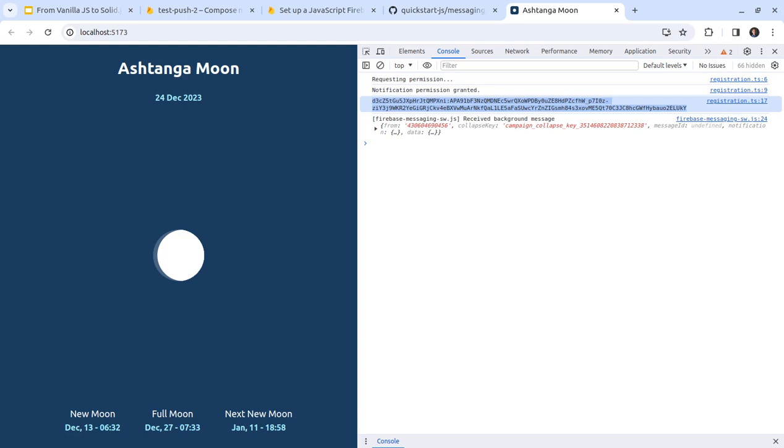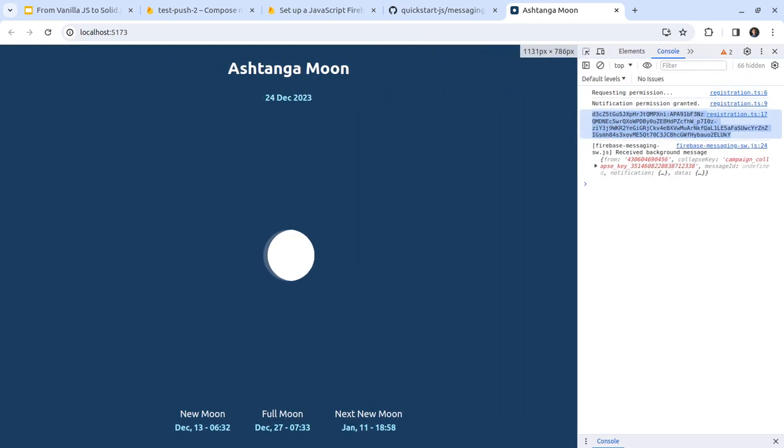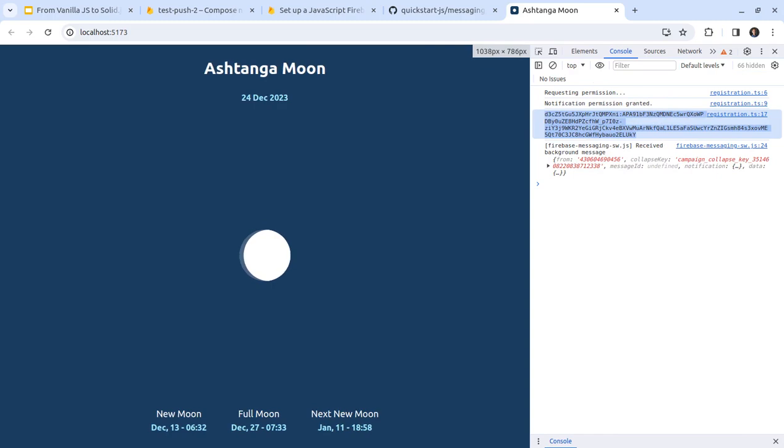It's possible to receive messages in the foreground if the user is keeping the application open, but that's not the case in our particular situation, because users normally don't spend much time inside the application, as there are not many things to look at. So they just open it once and close it almost immediately. They get the information and forget about the application, but still they need to receive a message one day before the new or full moon day. So we are going to continue developing this application, and next time